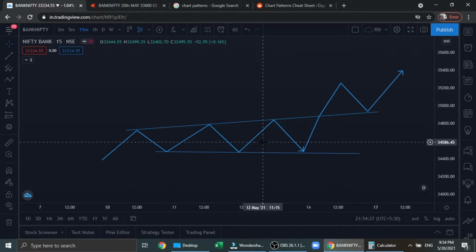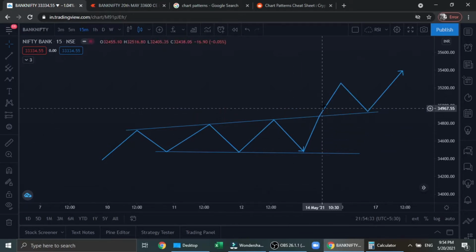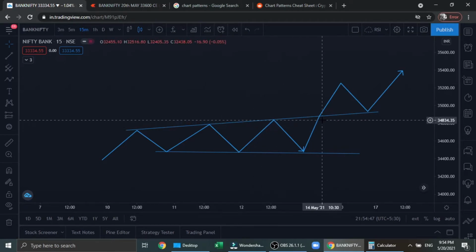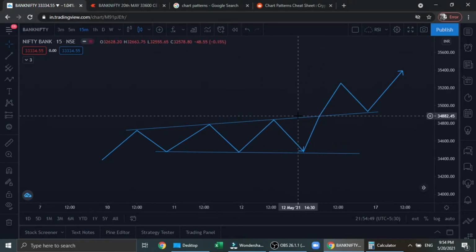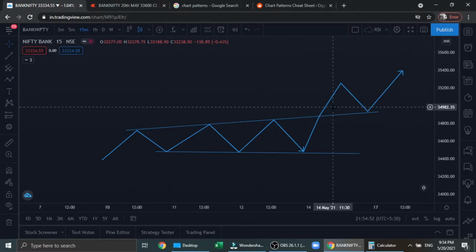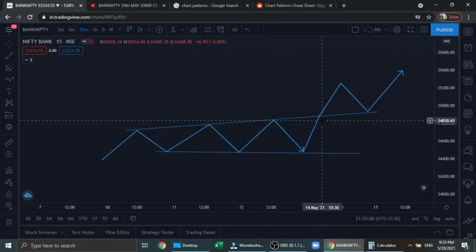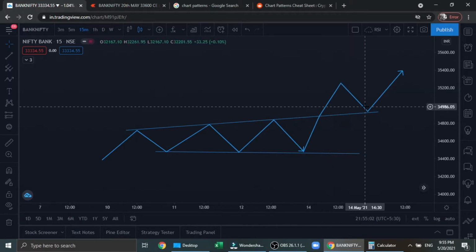Stocks don't always move in patterns, but most of the time when they are moving in patterns, the breakout will have aggressive movement. That's why most people like to enter at the time of breakout. And then they put the stop loss just below the chart pattern line, which is the resistance line here. Once it breaks the resistance line, it becomes the support line for the same stock. Put the stop loss somewhere here and then start trending there.